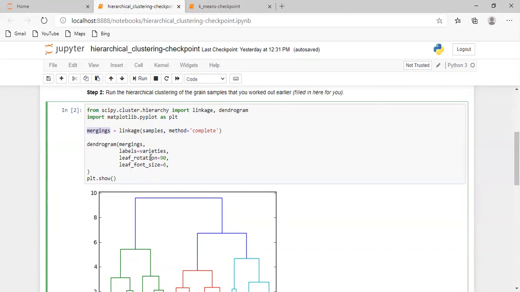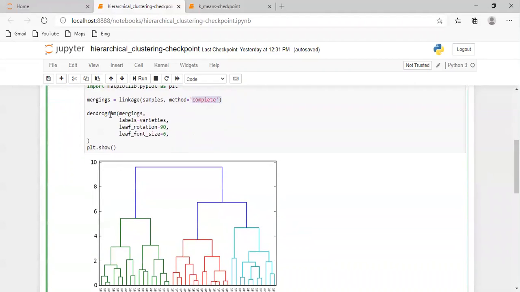So the samples we considered here are data points. They are going to merge based on the complete criteria. The complete criteria here is considered to be a hyperparameter. Next, the merging is passed as one of the parameters in the dendrogram.